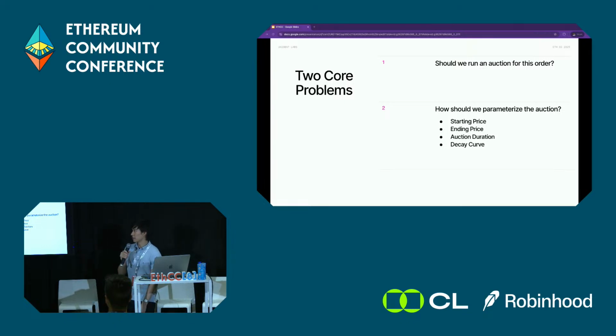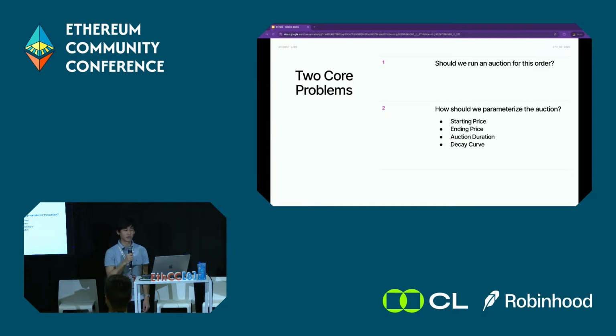And if we want to scale these auctions, there's two fundamental questions that we think about. First one is, is it worth routing this order through an auction instead of trading directly against an AMM? This is because there's a trade-off. When you run a Dutch auction, it's not instantaneous like swapping on an AMM, and there's a chance that maybe the fillers out there in the world don't want to fill your order, so it could possibly expire. And if there's more complexity to an auction, then if we choose to run it, we better get a better result than what we would have gotten through an AMM.